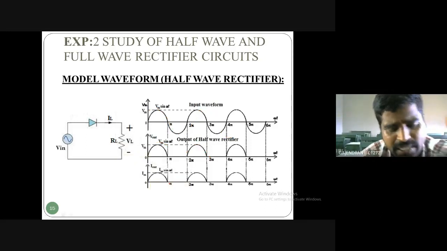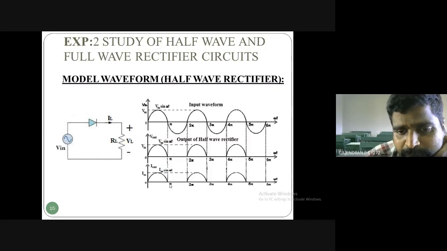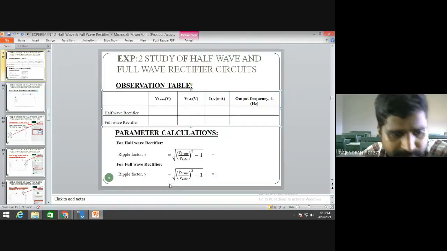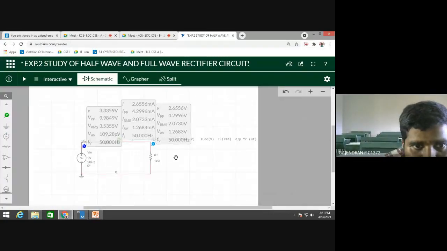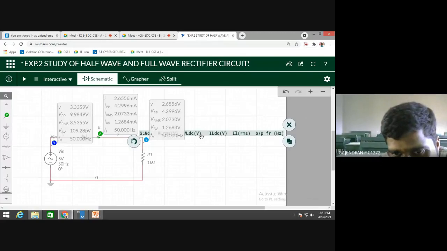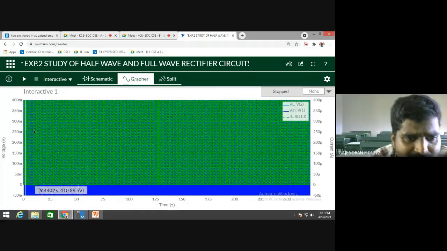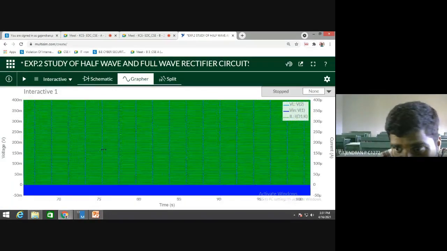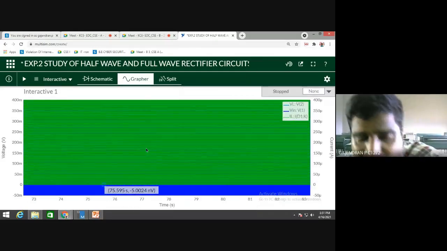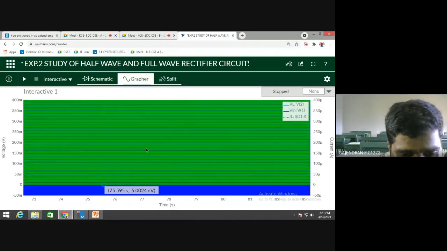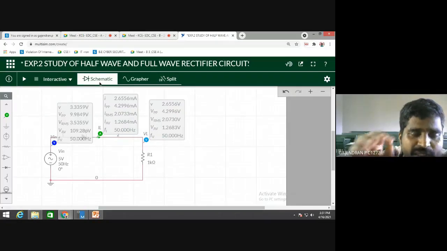Before that, let me ask, is it possible to see this waveform in our Multisim software? Can we see it? Is there an option to see it, sir? Look here, do you have any option to see it? Someone tell me. Graph. Yes, I clicked that graph. What comes when you click? Nothing is visible. The waveform is there, correct? The waveform is there, but we are unable to see it. Am I clear, dear students? What is it, sir? What are all the modifications we need to do? First and foremost thing,